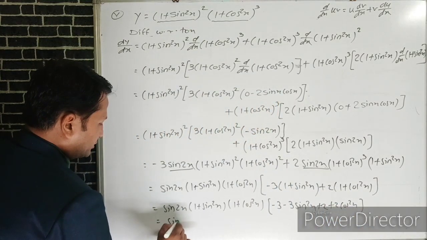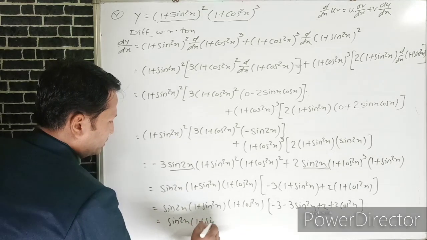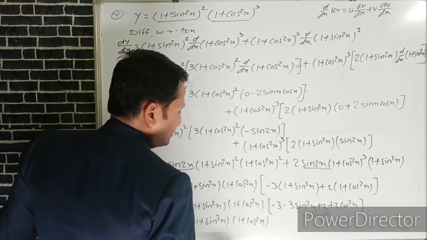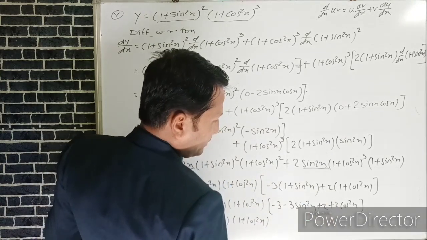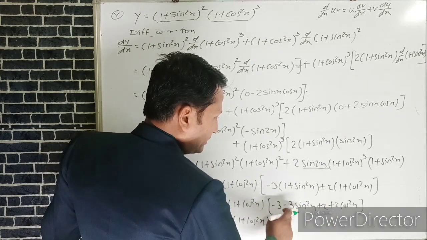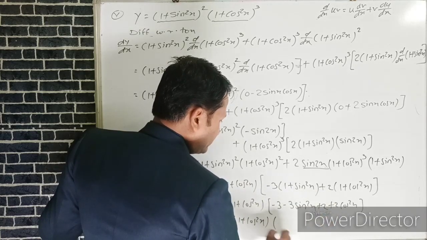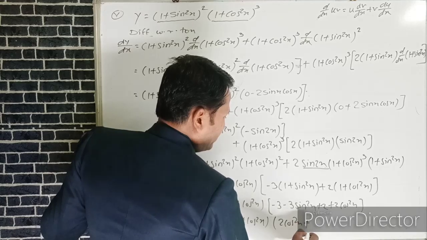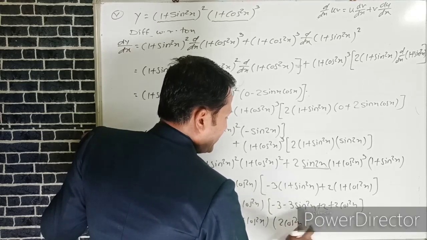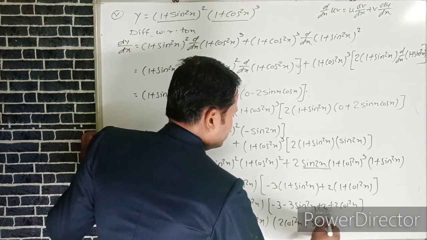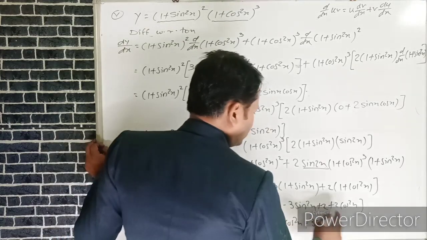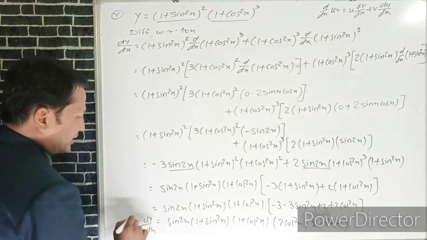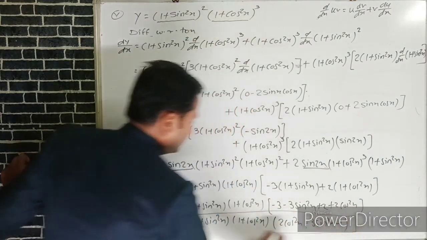Hence we can write sin 2x into 1 plus sin square x, 1 plus cos square x, minus 3 plus 2 minus 1, hence 2 cos square x minus 3 sin square x minus 3 plus 1 minus 1, which is a required derivative of y,